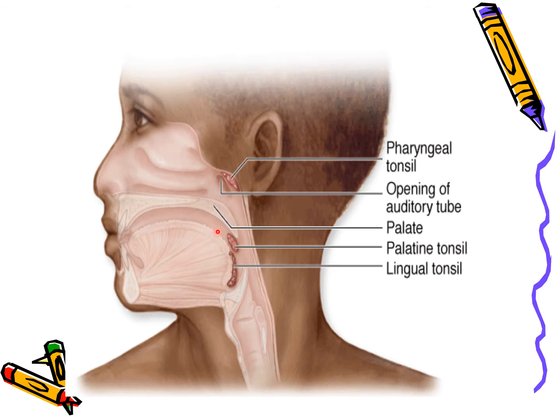Then there is another type of tonsils which are called the lingual tonsils, which are present at the base or the posterior surface of the tongue. So these are the palatine tonsils, the lingual tonsils, and then there are the pharyngeal tonsils which are present in the nasopharynx, in the superior wall of the nasopharynx, near the posterior nares. So on the superior wall or the roof of the nasopharynx, the pharyngeal tonsils are present.